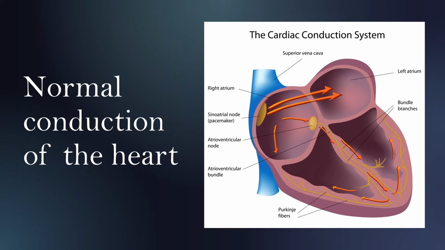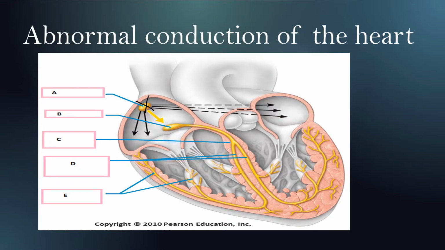Since we've talked about the normal conduction of the heart, now we can talk about the abnormal conduction of the heart. What would happen if one of these structures, one of these nodes in the heart, didn't function properly? So let's say the SA node right here. I put a little X through this so you can see that the SA node is blocked for some reason, due to probably some kind of disease or something. So if the SA node is blocked,